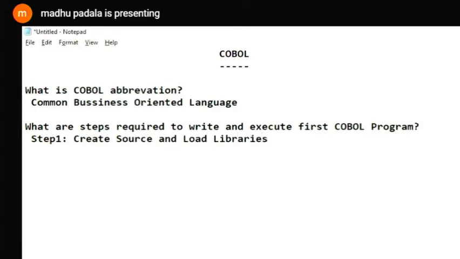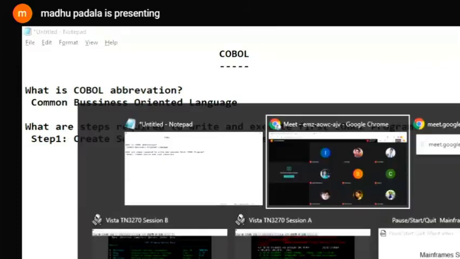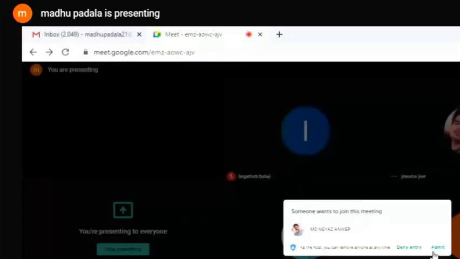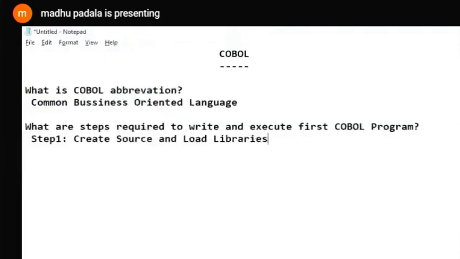Libraries and PDS are one and the same, don't get confused. We have already created a source library and load library in the previous class.